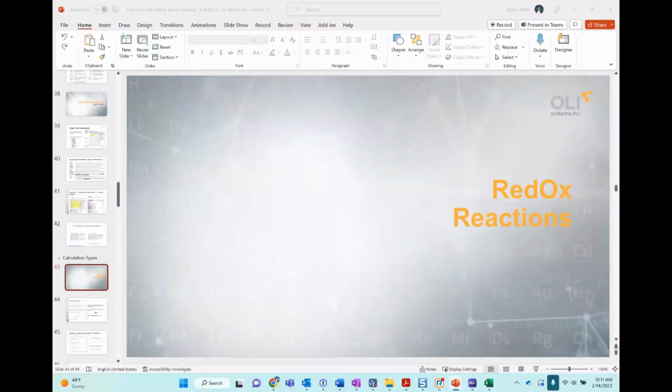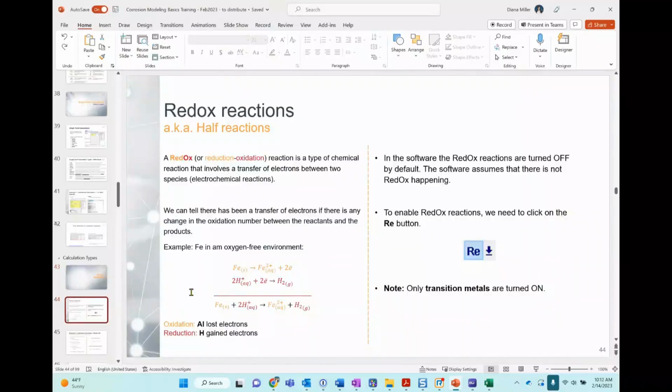So we all know that these redox reactions are also known as half reactions. This is a type of chemical reaction that involves electrons. That's what makes them different, right? You will have one species that is going to be oxidized, and another species that is going to be reduced.